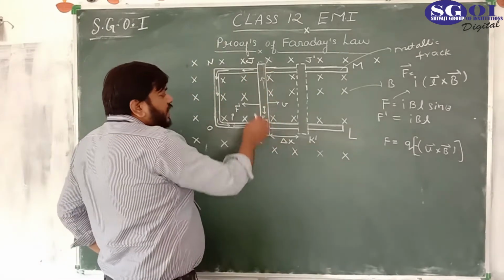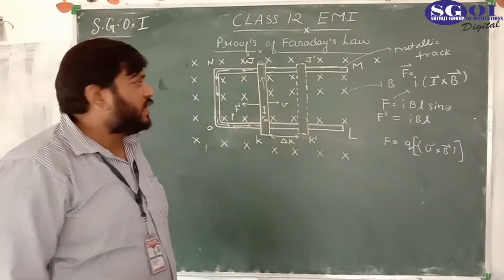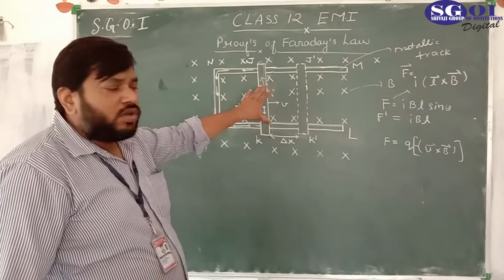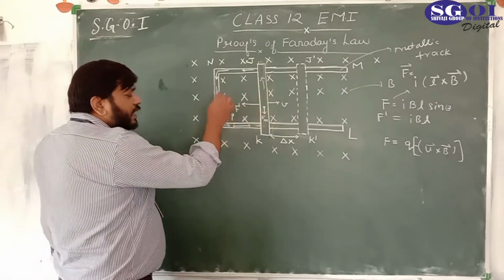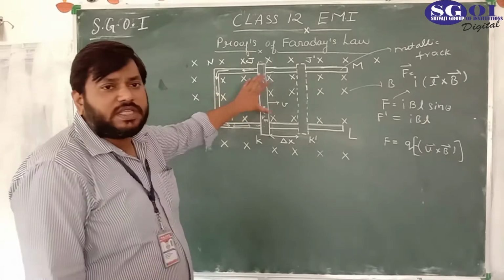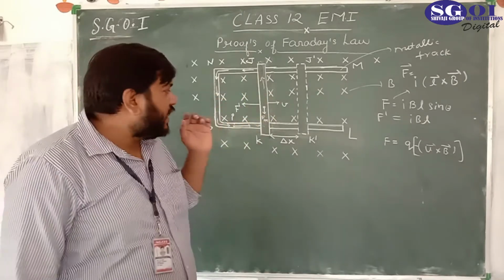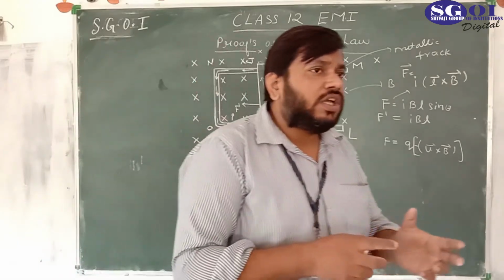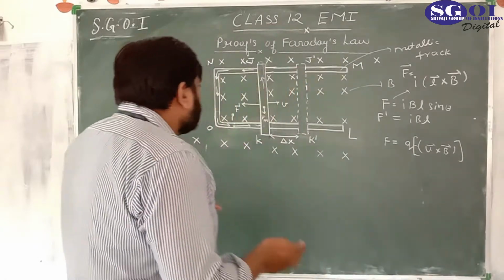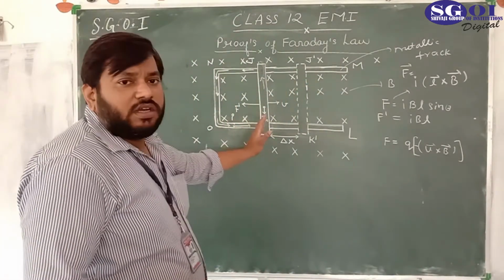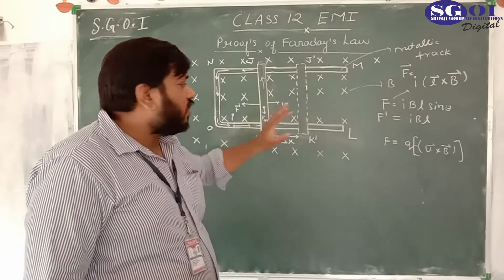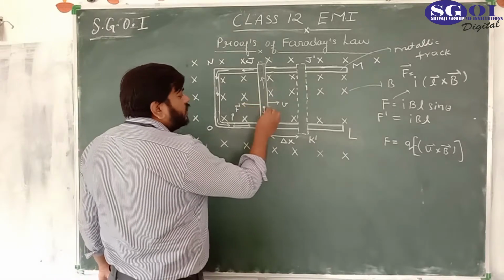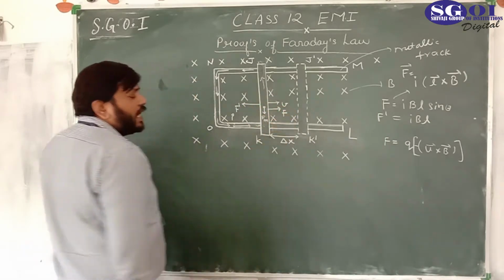In the first case, when this is moving with constant velocity, the net force on the metallic rod JK is 0. But now a force F dash starts acting in this direction. It means there is a net resulting force, and it is in the direction opposite to the motion, so it starts to stop that motion. So if you want to maintain the object moving with constant velocity, we have to apply an external force in the direction opposite to F dash.